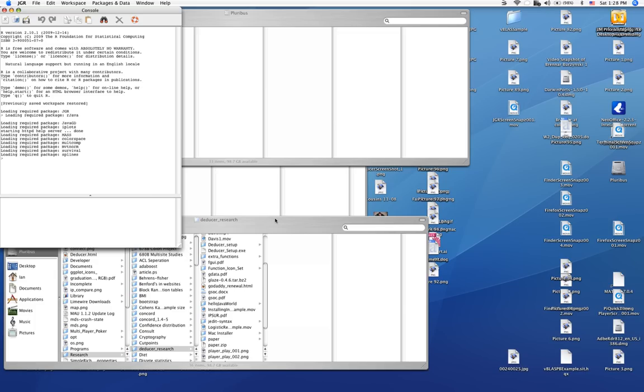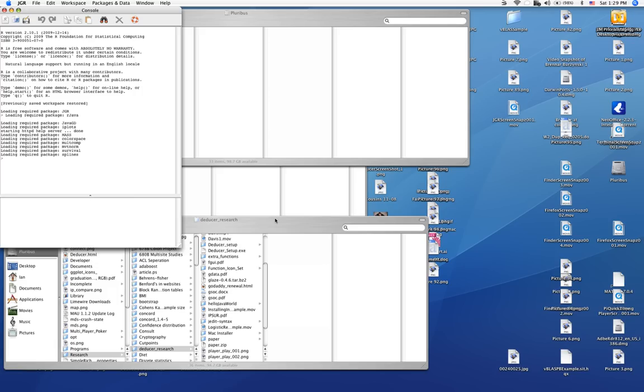This video tour is designed to introduce Deducer to expert users who may know R pretty well. Deducer is cross-platform and it's cross-console. So in Windows and Linux, you can use Deducer in the regular Windows GUI. You can use it in the terminal. You can also use it in the Java console JGR, which is what we're going to use it in here